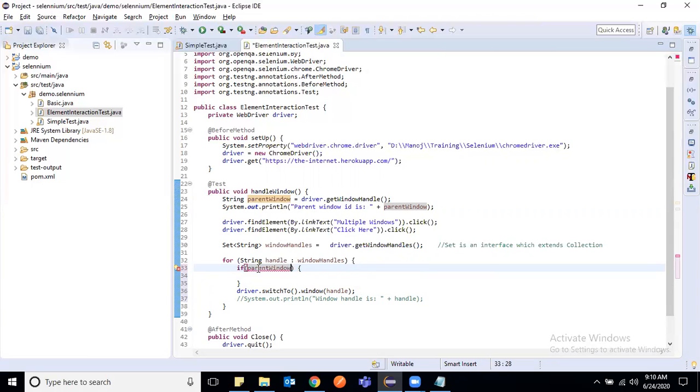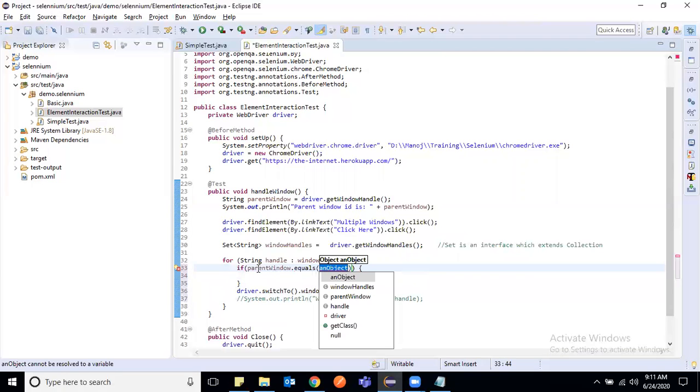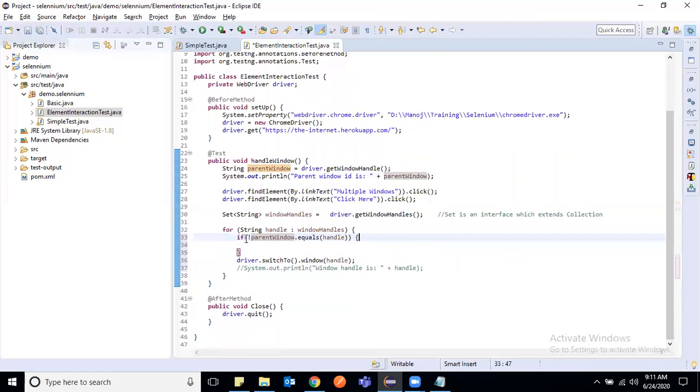So I will say if parent window is not equal to handle, using not parent window dot equals handle. It will compare, and only go inside this if it is not the parent window. That was the main purpose.